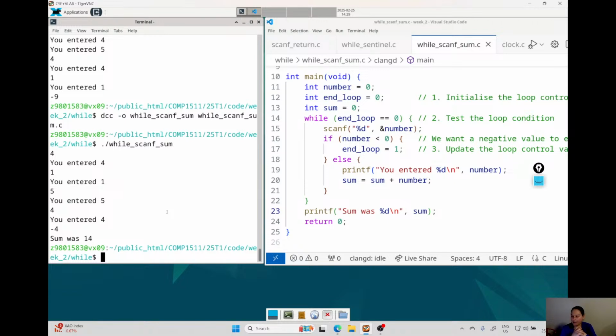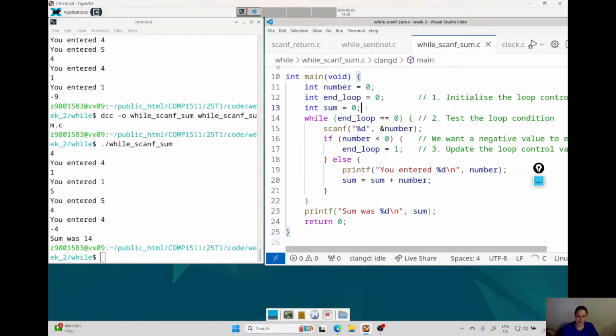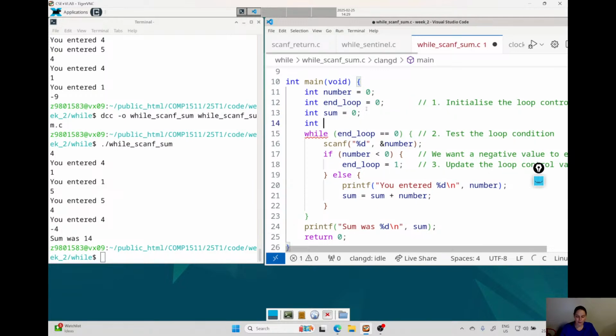So the sum part seems to work okay, but we want to finish our loop now when we get something that isn't actually a number. So to do that, we have to get scanf to tell us, or we have to listen to scanf telling us if it read in a number successfully. So I'm going to make another variable called scanf